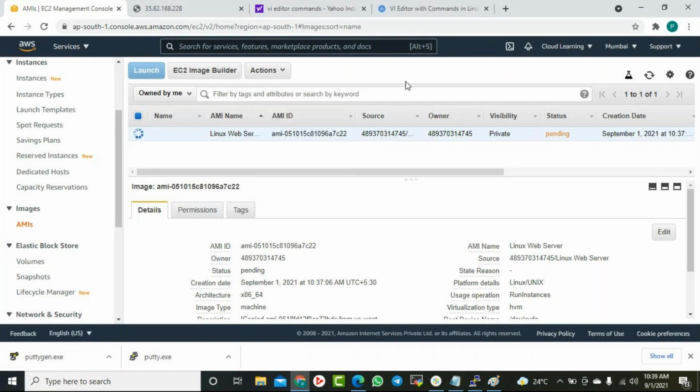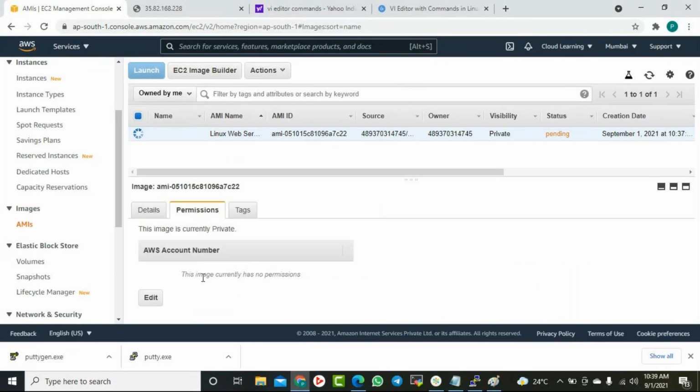Prashant, one minute. Yes. I will give my account number, and you just add my account number as permission, and I will see in my console whether I am able to see this AMI while I create an instance. Give me your account number.